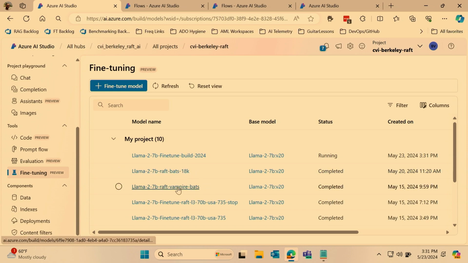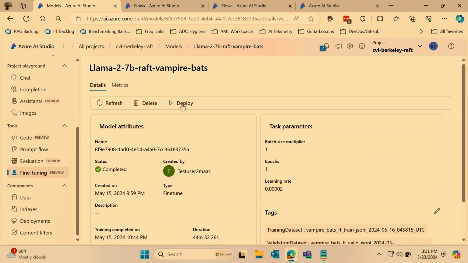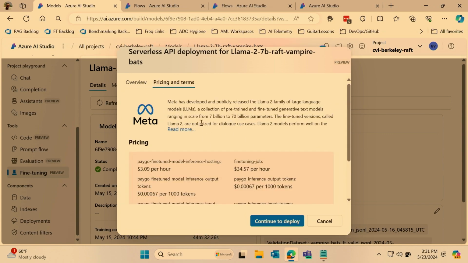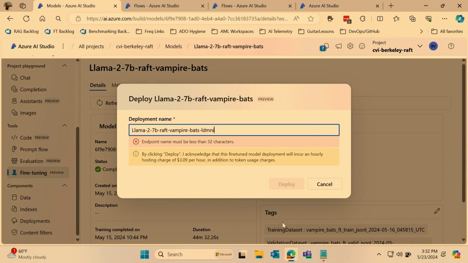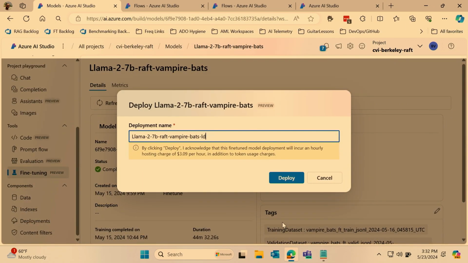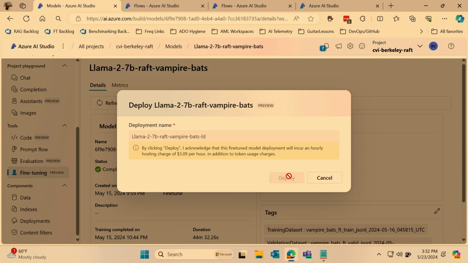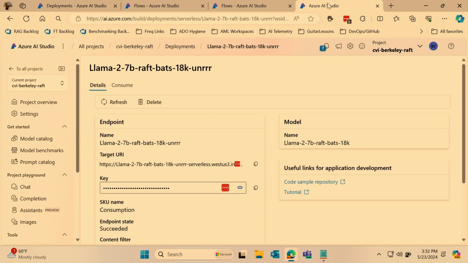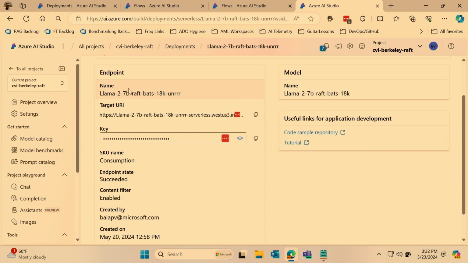What I'm going to do is take another model which I already fine-tuned, and deploy that fine-tuned model. I click deploy. If you see, it's pretty much the same as a base model. It shows me this, and it'll show me again the pricing. I continue to deploy, and it doesn't like the big names. Okay, and I deploy it, and it starts deploying. It'll take a few seconds. Once it finishes, it's going to show me a screen like this, which says, hey, this is the name of your deployment, this is the endpoint, and this is the key, and you can start using it. As simple as that. Right?